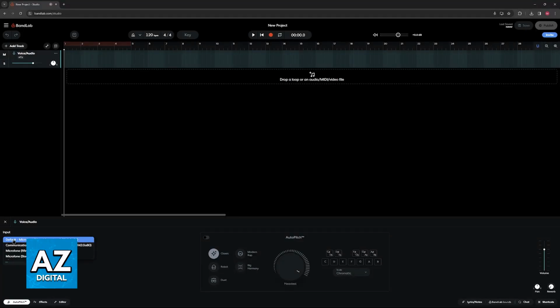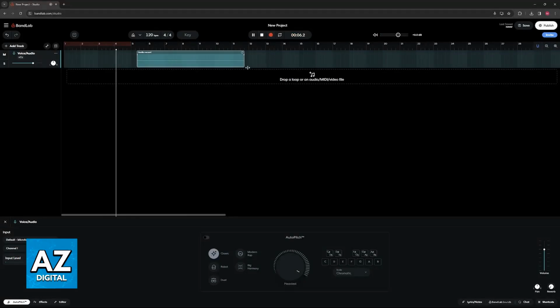In here, it is going to say default and then the microphone that you wish to use. In my case, it is going to be my Fifine microphone, but for you, it should be the Blue Yeti. As long as you select it here, you will be able to change some other options about the microphone and start recording right away. This button is going to become available immediately upon choosing the option to record voice/audio, and you will be able to mess with the recording here at any time.